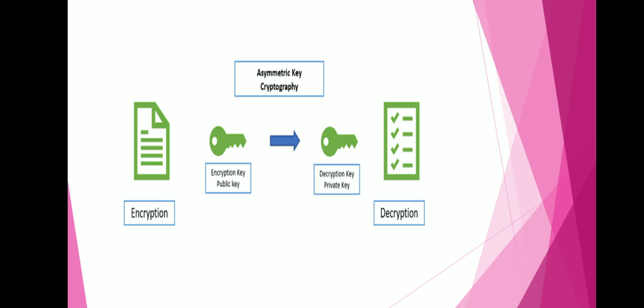Here we have a slide for asymmetric key cryptography. Asymmetric key cryptography is also known as public key cryptography. In this crypto system, we have two keys: one is the public key and the other is the private key. There may be a number of users in the network, and whenever they use asymmetric key cryptography, each user will have two keys, a pair of keys, one public key and one private key. Both the sender as well as the receiver will have a key pair.